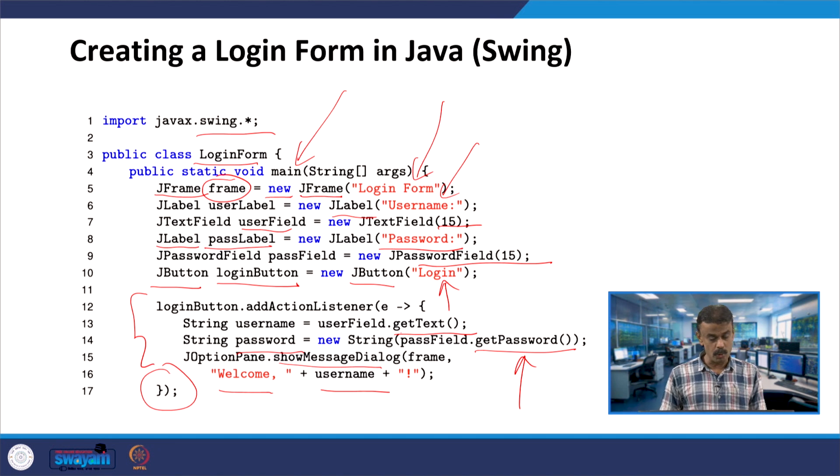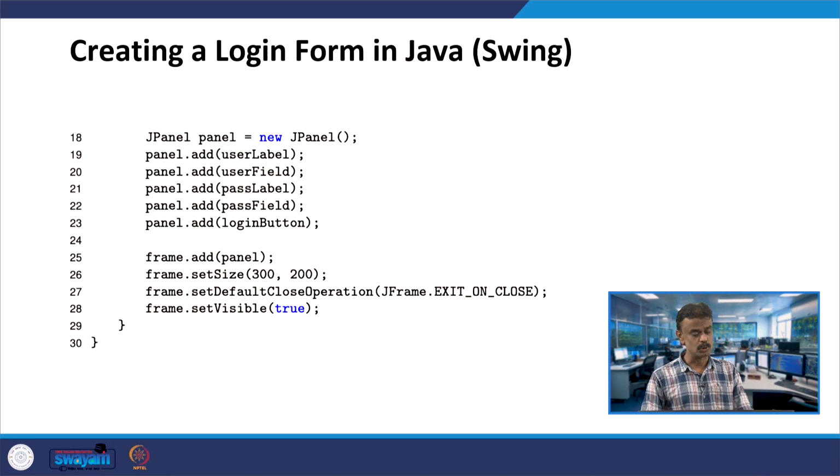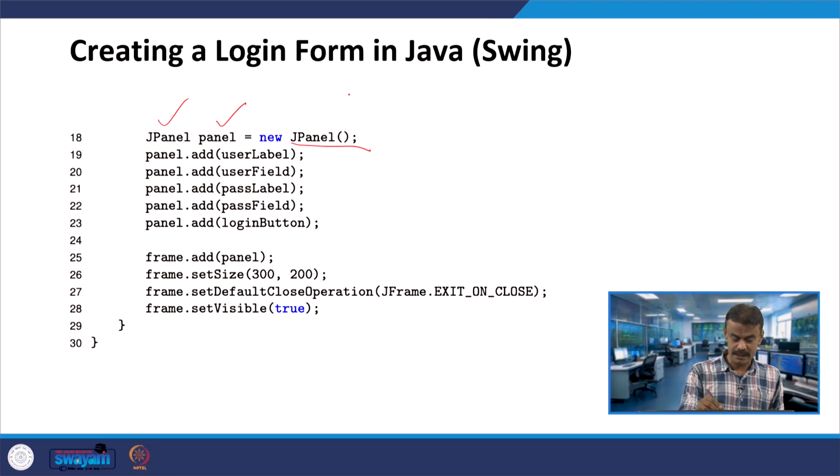So, we will go further in the class. You are still in the LoginForm class as usual. You have the object panel under class JPanel, with a constructor JPanel, which is no-argument, a default constructor. And panel1 is invoking add: the user label, user field, pass label, pass field, username, password. And then we are adding the login button also, the usual one.